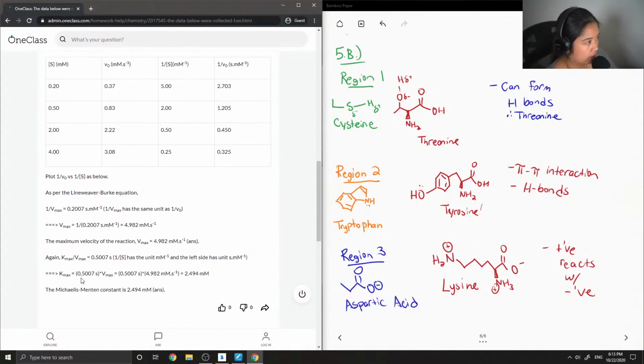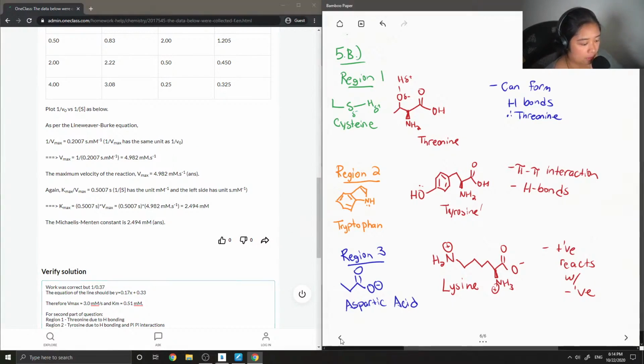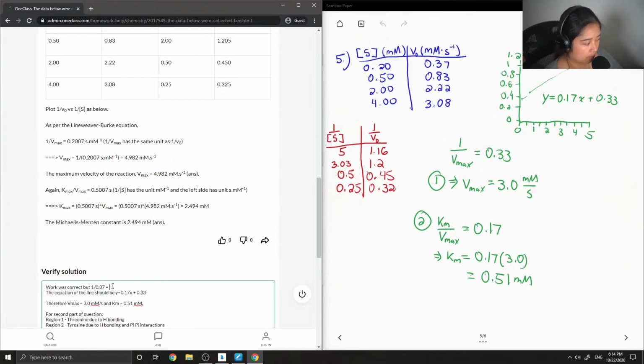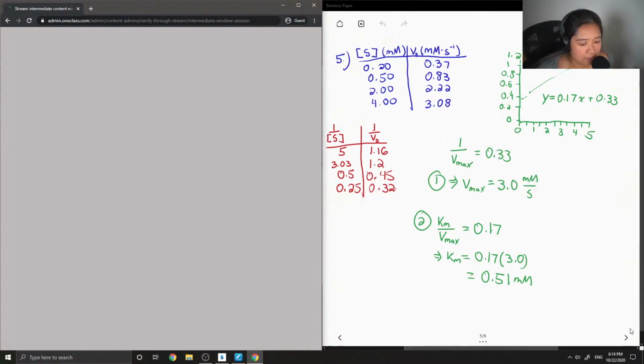But 1 over 0.37 should be equal to 1.16. Okay. And then I also just added the second part of